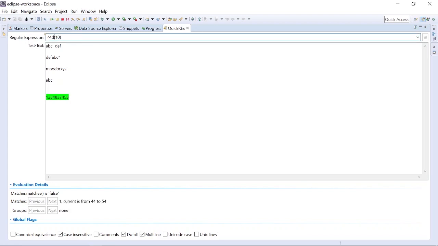Now suppose there is a case where there is a student ID, and we know that it can be from 4 digits to any number of digits. Now we will remove this. Our restriction is it has to be 4 or more. So we'll give a comma, and now any number of digits I add, it will match. But as I reduce it to 3, it will not match.